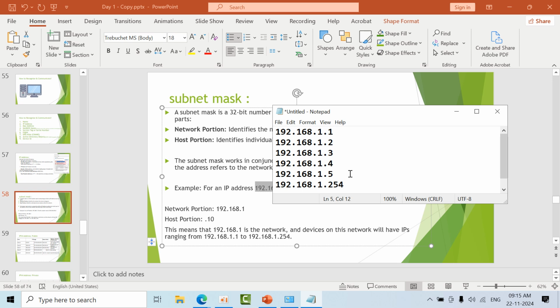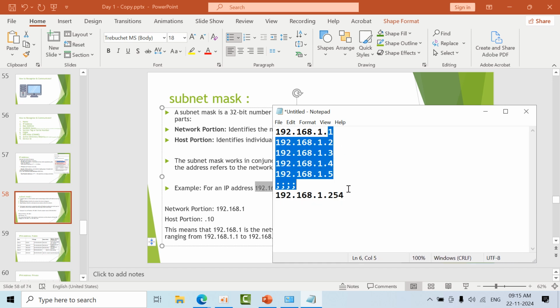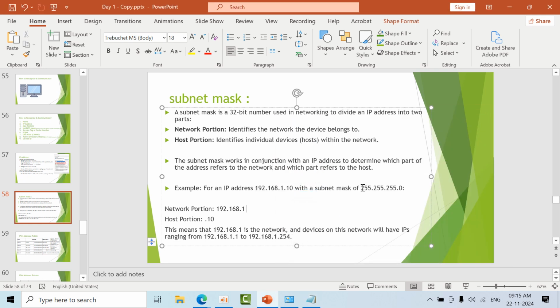See, these are all IP addresses that belong to the 192.168.1 network. How are we telling that? Because of the subnet mask.